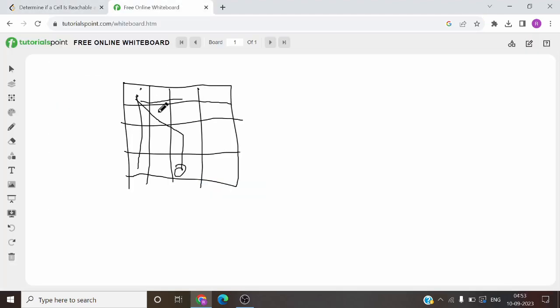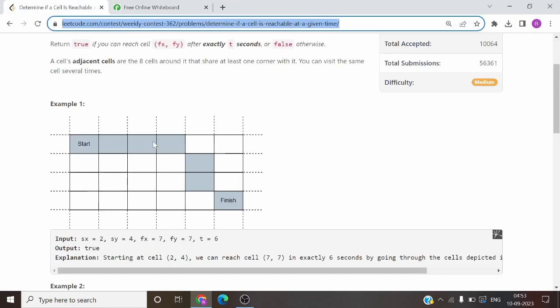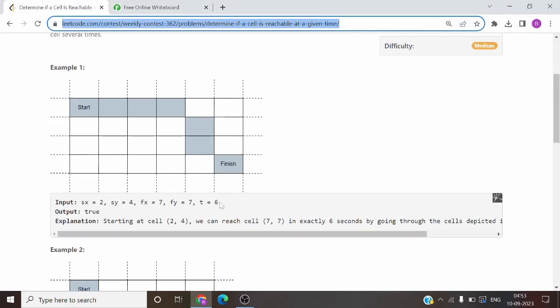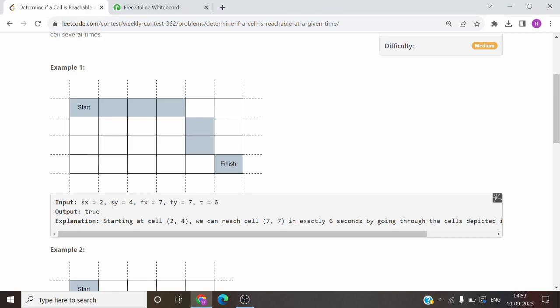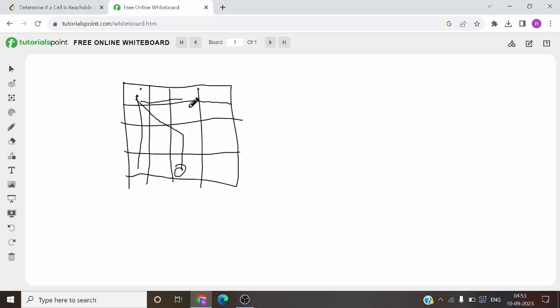करना है, हमें ये डिफरेंस निकालना है विच विल बी मैक्स ऑफ रोज का डिफरेंस है, कॉलम का डिफरेंस, और उन दोनों में से जो भी मैक्सिमम रहेगा, अगर नंबर ऑफ स्टेप्स उससे ज्यादा है तो आंसर विल बी यस, अगर नंबर ऑफ स्टेप्स उससे कम है तो आंसर विल बी नो। और ये कैसे पॉसिबल होगा, तो ये देखो, सपोज दे आस्क मी टू रीच दिस पॉइंट इन 3 नंबर ऑफ स्टेप्स, तब तो मैं बड़े आराम से पहुंच सकता हूँ। सपोज दे टोल्ड मी कि यार 3 नहीं 4 नंबर ऑफ स्टेप्स पे जाना है, सो मैं क्या